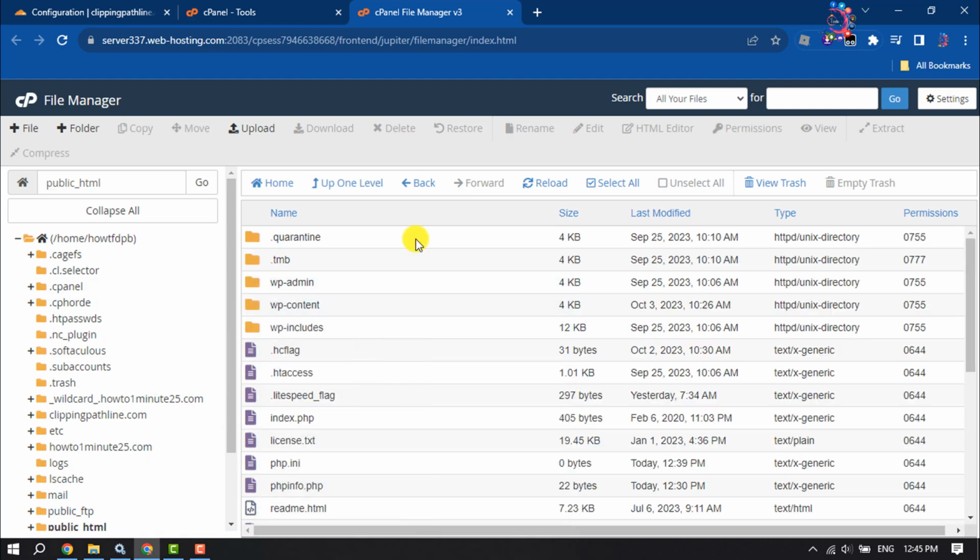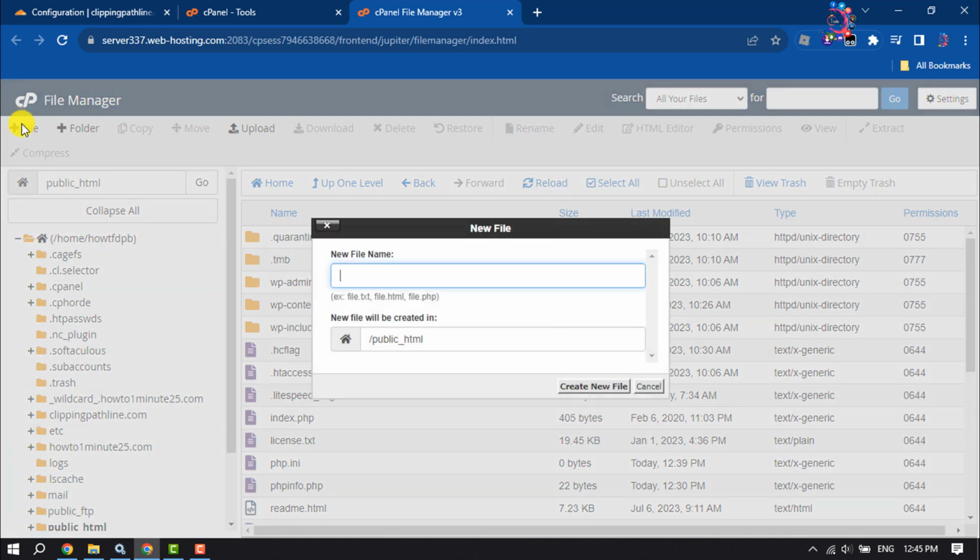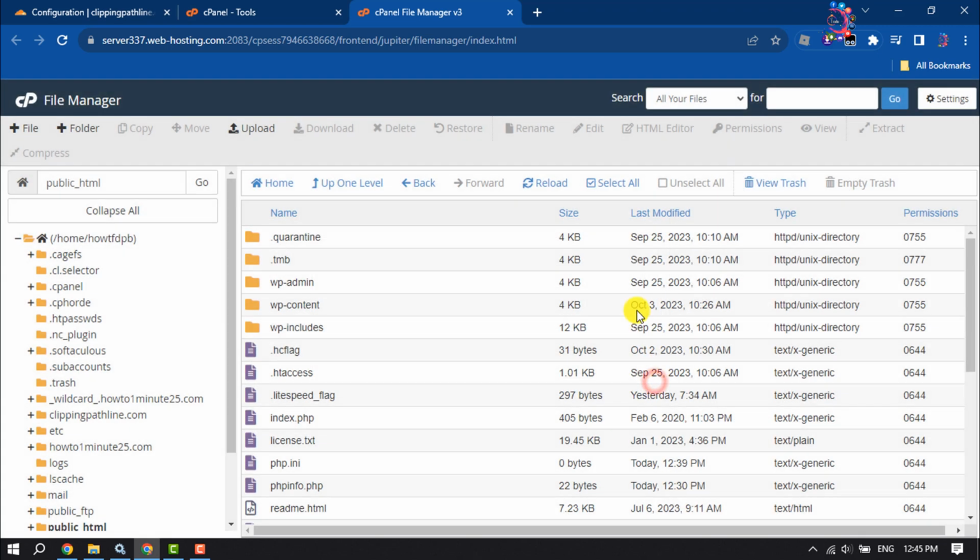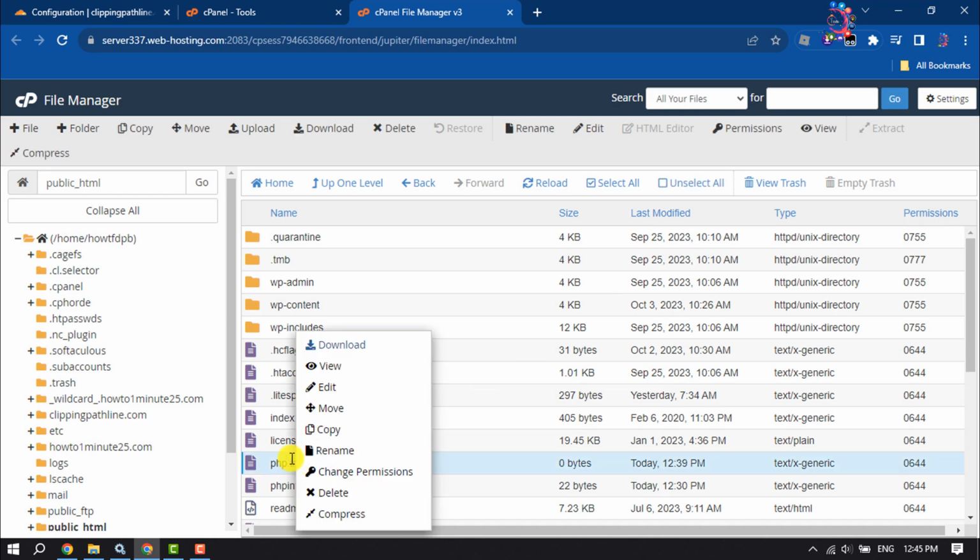Now, if you don't have the php.ini file yet, it's a super easy process to create it using the plus file button. Type here php.ini and click on create new file, and that's how you will be able to create a php.ini file. Once the file is created, select it, right click on it, and click on edit,